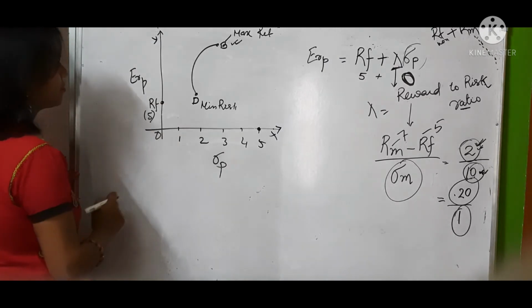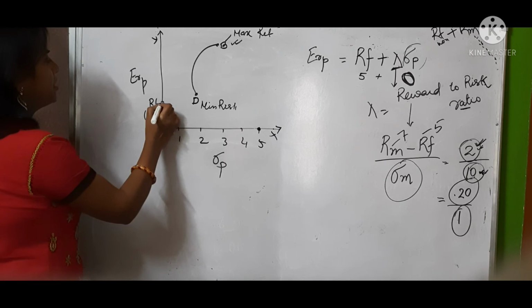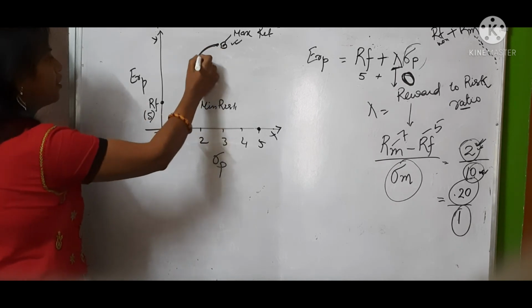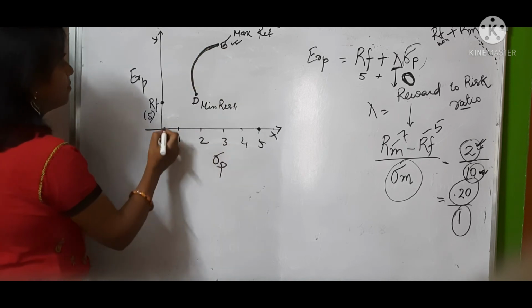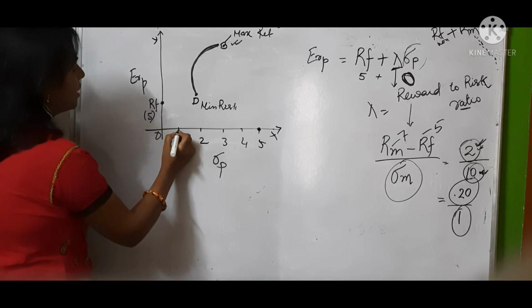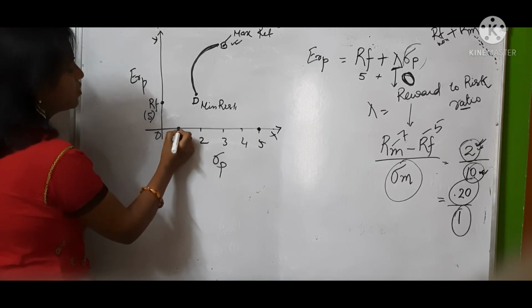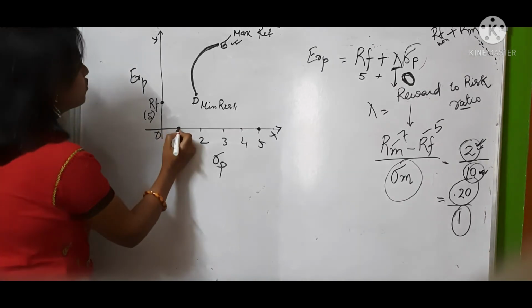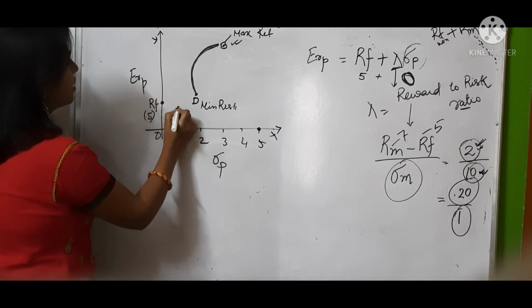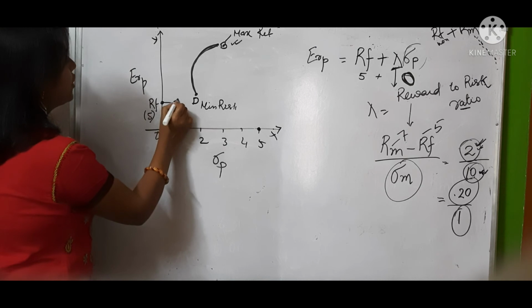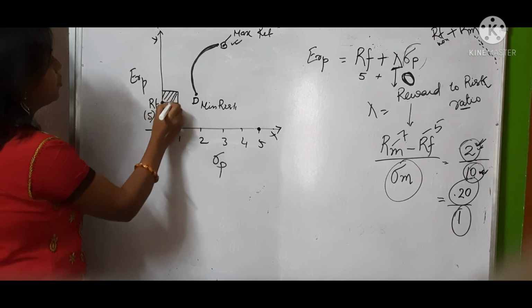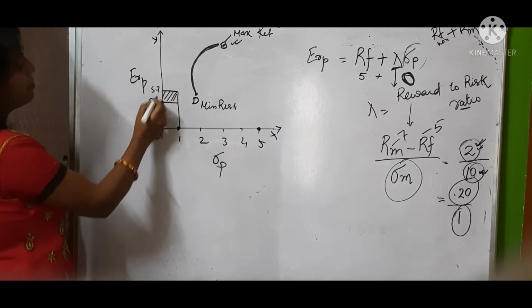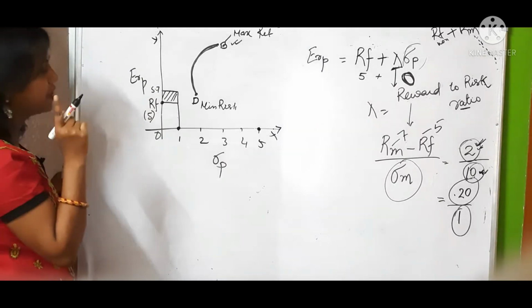5 starts from here. Now suppose an investor is investing in risky assets. Remember, this efficient frontier is a frontier for risky assets, for market securities. Now suppose an investor wants to take a risk of 1 standard deviation. So what will he do? If he takes 1 standard deviation risk, he must earn 5 rupees, but over and above he must earn some more. He must earn some premium. So suppose he gets 5.7. So there is a premium, 5.7 minus 5. He gets 0.7 as the premium.